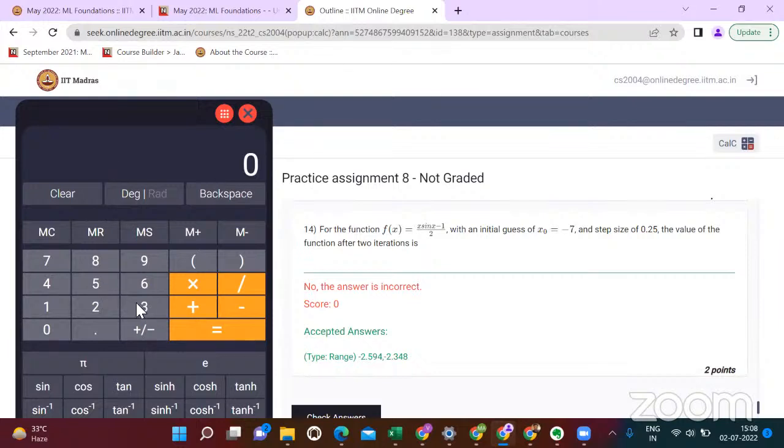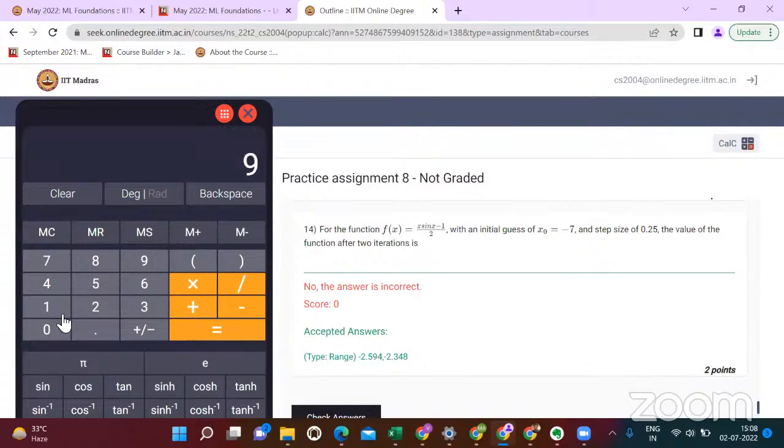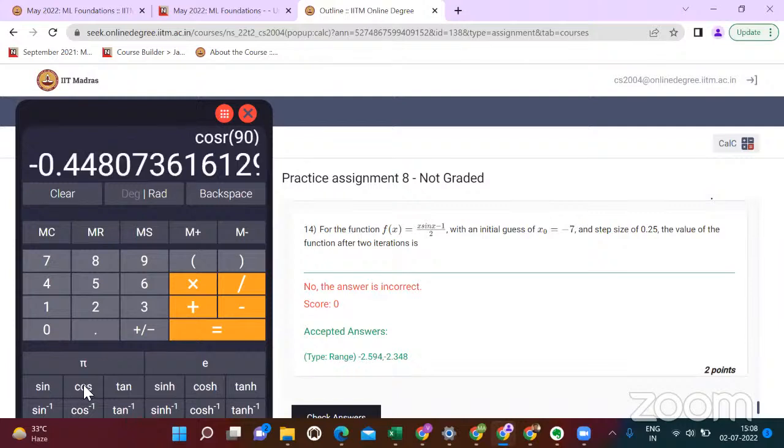If I have to calculate cos of 37, how do you generally do this? Cos of 90 is 0, right? It's taking theta. How do you change it? This is in degrees and now it's taking radians. If you put cos of -7 and sine of -7,